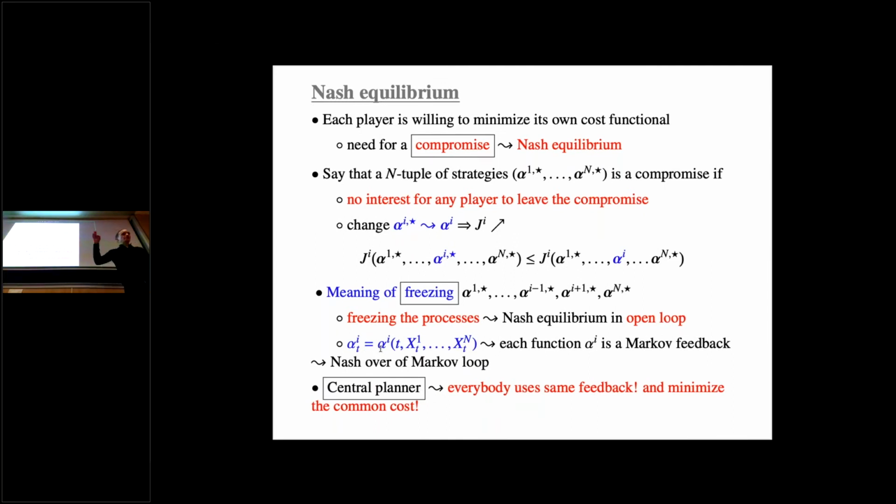Okay, another remark is that instead of having a Nash equilibrium, I could say I'm going to minimize now over the whole state of the population. I don't care about the cost of any of the particles in the population, but I do care about the global cost of the society. So now it means that people are no longer selfish. They are cooperating. There is a kind of chief, and the chief wants to minimize the cost to the society. And players are going to work for the chief. And now the notion of equilibrium is no longer the same.